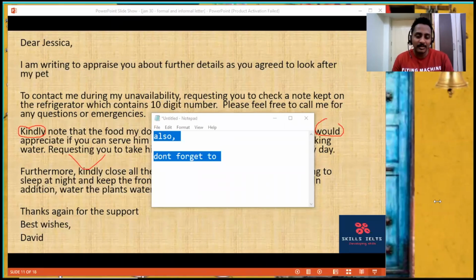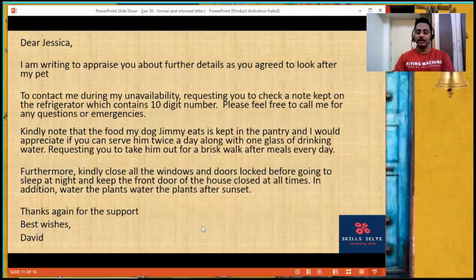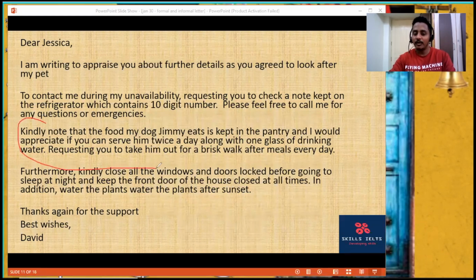eats 2 meals. Something of that sort would have been better, Krishna Pramod. Every Sunday, provide non-veg also. Provide and all you cannot use. He likes to eat non-veg, so don't forget to feed him some non-veg food. Also, don't forget to take him for a walk, and you also take a walk along with him. We'll check. You will understand. But all I'm telling you is this is how you will write a formal letter.